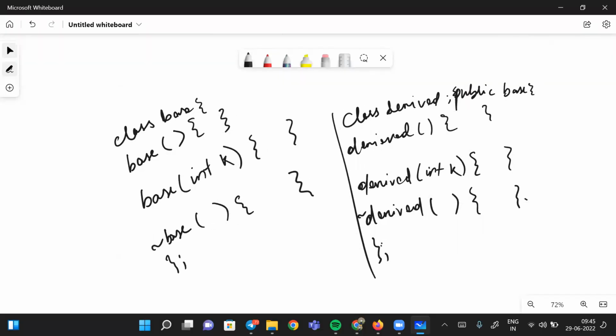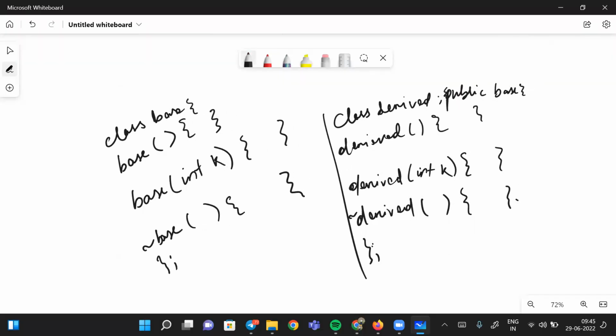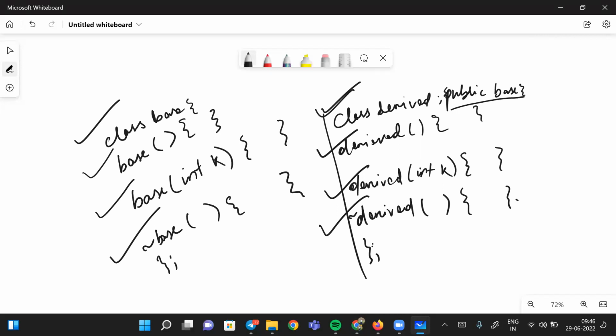So I have a class base, and a class derived, which derives publicly from base. I have the base default constructor, the base parameterized constructor, and the base destructor. And class derived also the same way: derived default constructor, derived parameterized constructor, derived destructor. Okay. So in the main function,